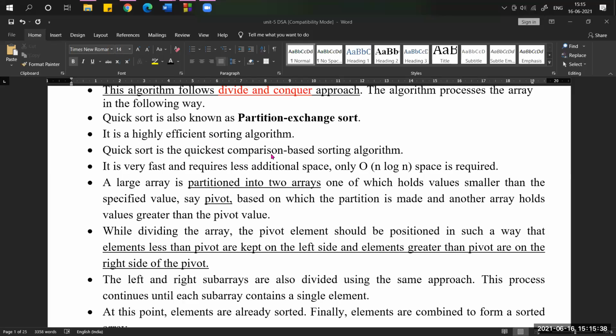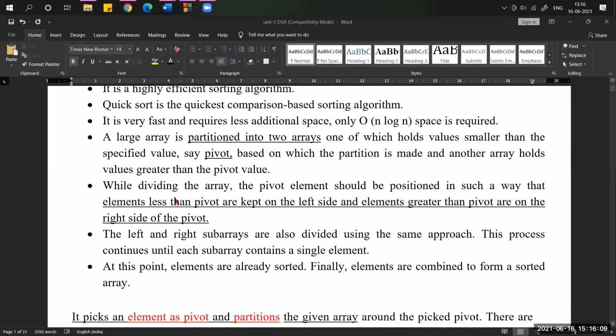Now how much space is it taking to store all the elements? Order of n log n. Order of n log n space is required for comparisons. This is the additional space you require for comparisons and arranging the elements. Okay, so what is the main goal of quicksort? How can we do that? These two are important points for doing quicksort. Okay, so what is the procedure?